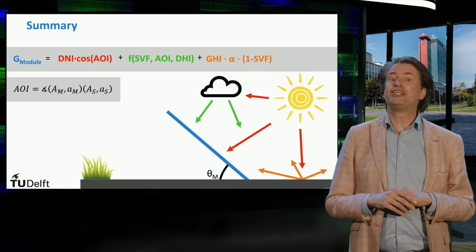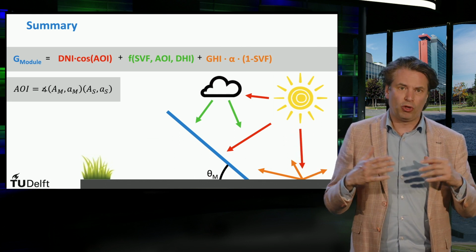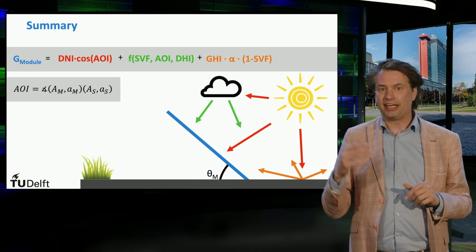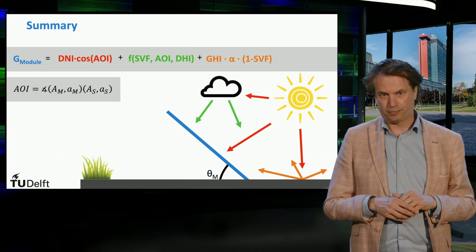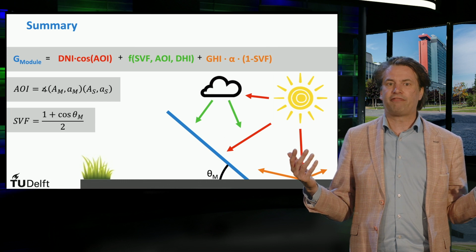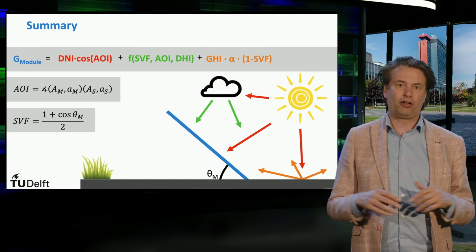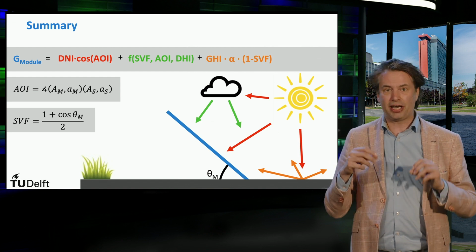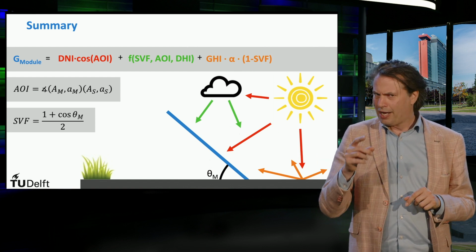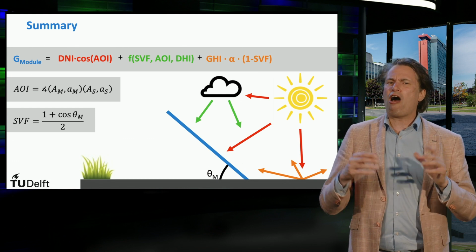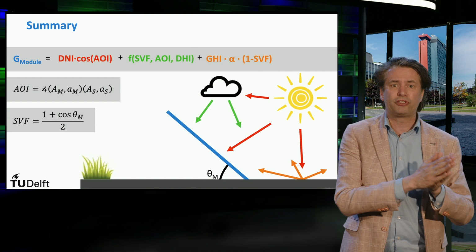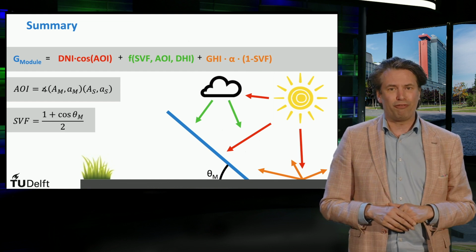The third component is the albedo, and it depends on the global horizontal irradiance, the albedo value of the surrounding ground, and again the sky view factor. The formula to compute this factor depends only on the tilt angle of the module, and it is necessary to obtain the diffuse and albedo components. In the next video we will discuss how to find the optimal tilt angle and how sun tracking methods can enhance the yield of PV systems.